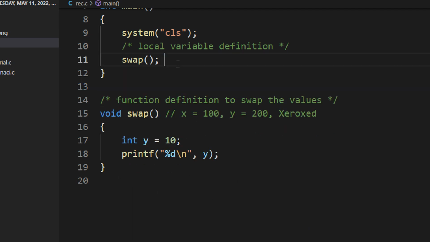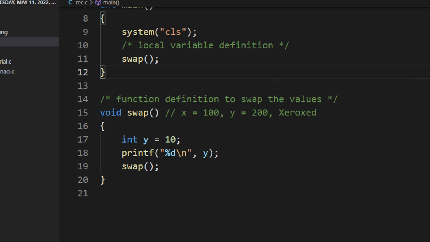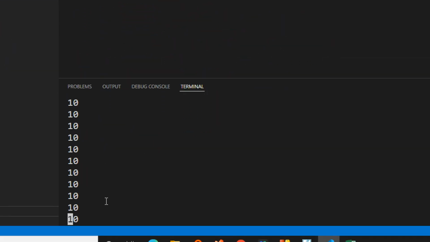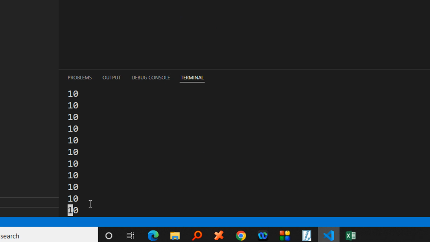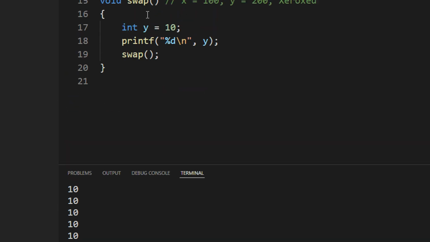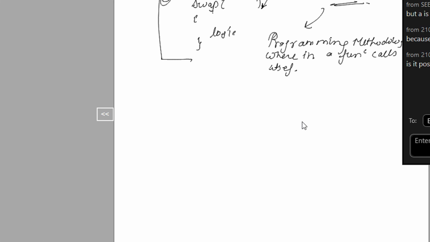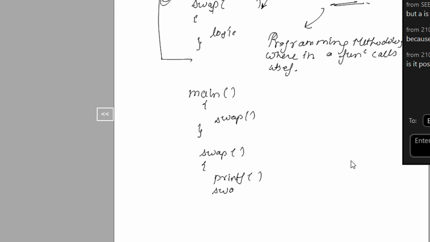Now let us do one thing. I'm calling from the swap, and in the swap function, now you can see this will actually print 10 infinite times. You can see it is going on printing. Why? What is happening here? See, we have studied that a function returns to the point where it was called. So now you have main, you are calling swap, and in the swap function, you are doing a printf and then calling a swap function,